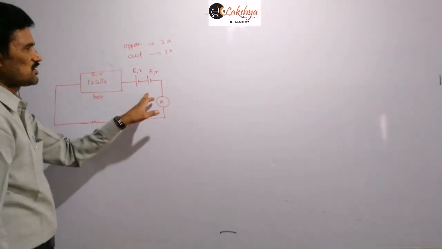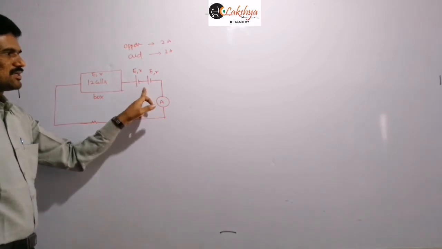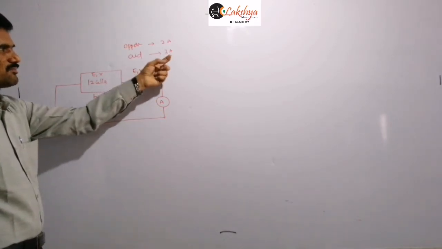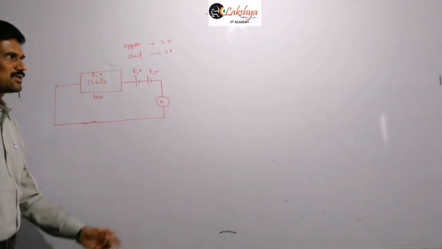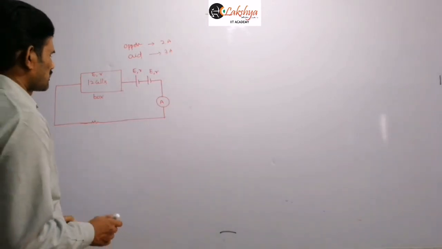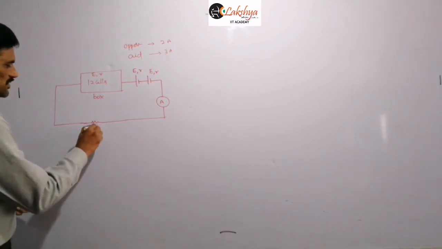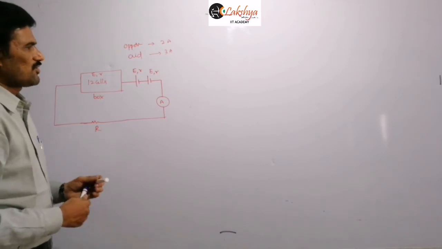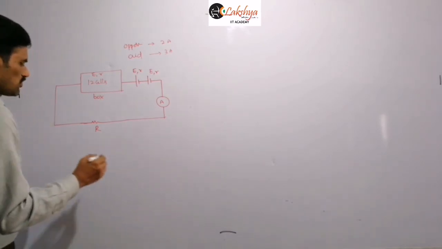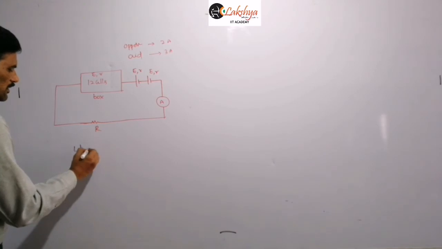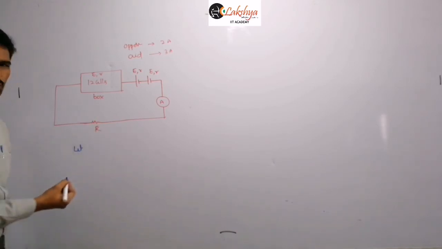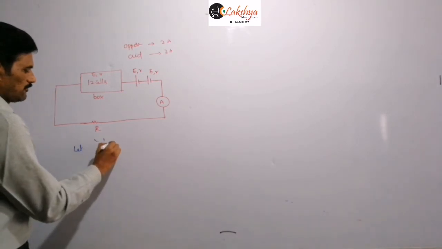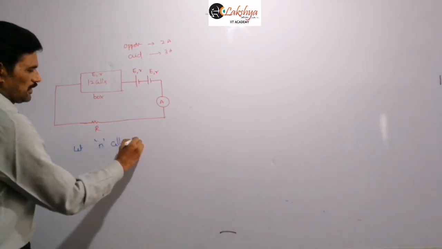Now this combination is in series. That means either opposing or aiding for this combination here. So when it is opposing, it is 2 amperes, and when it is aiding, then it is 3 amperes. Suppose there is an external resistance over here. This is not required, so we are assuming some external resistance here. So now I am writing this. Let's suppose I am assuming some n number of cells